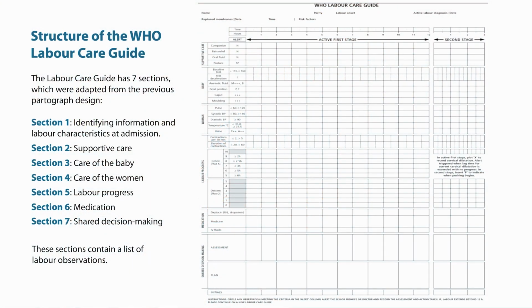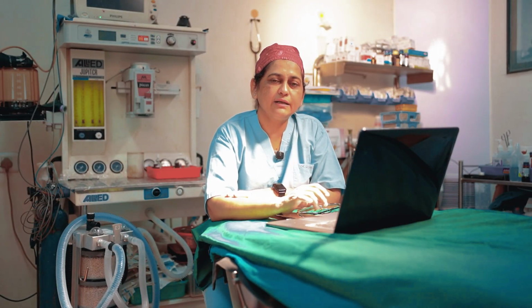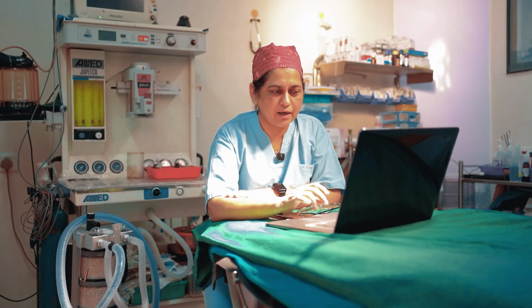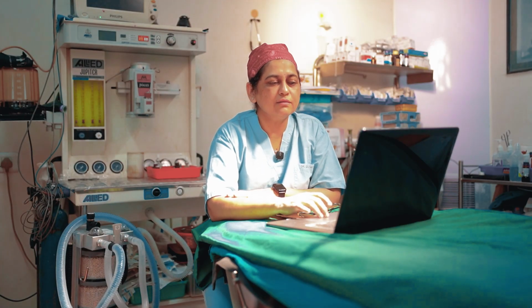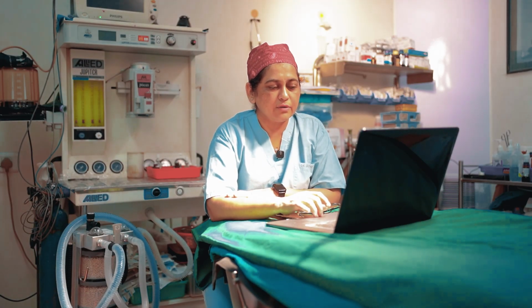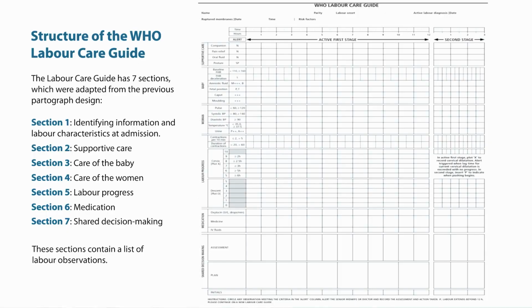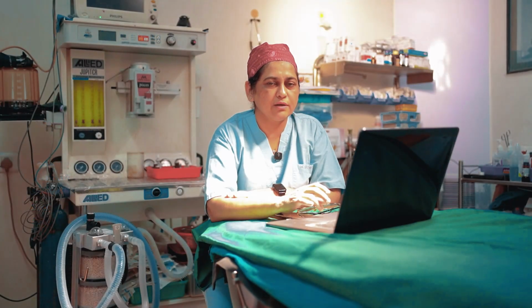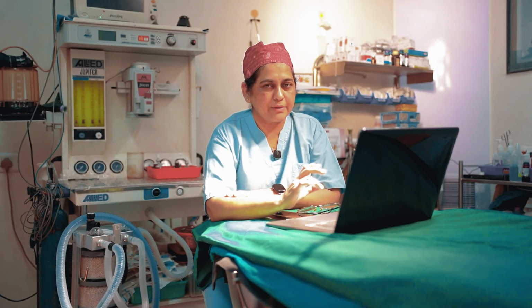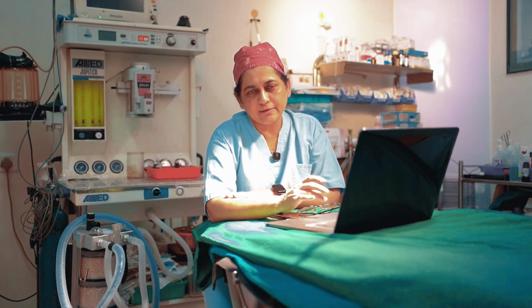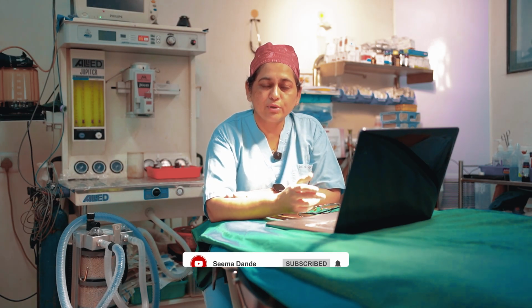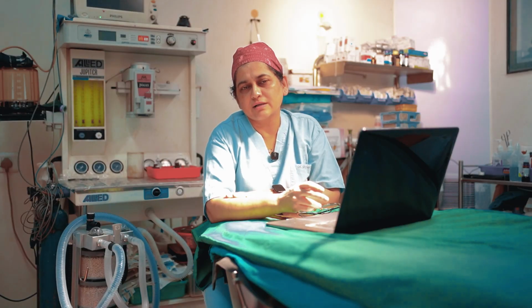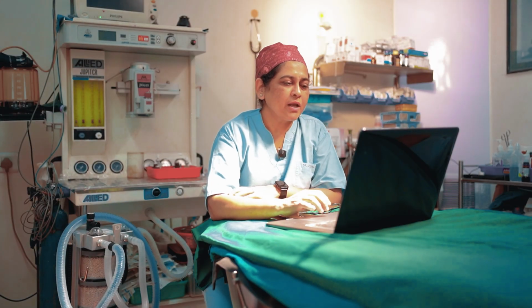The next point is shared decision making. This point is also new in this partogram. It aims to facilitate continuous communication with the woman and her companion and the consistent recording of all the assessments and the plans agreed. And one more is the medication. In the medication section, we give oxytocin or IV fluids. This is mentioned in that, or any antihypertensive, or if she is having convulsions, then magnesium sulfate is given or not, or terbutaline is given if there are excessive contractions. This is included in the medication section.